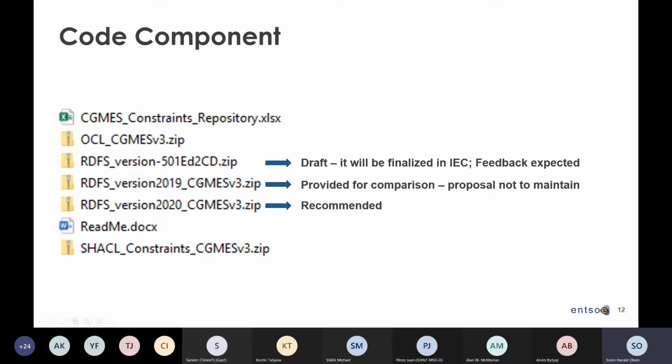And together with the vocabulary that's in the RDFS, we also have the SHACL constraints that in principle can work without the vocabulary together with these. So that's why it's independent. But that is a way of describing the constraints. We will be trying to inform the people that are interested in how to develop prototypes or use third-party tools to help doing validation, because the direction will be that